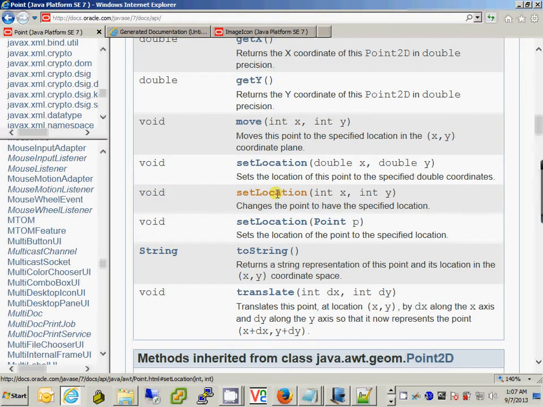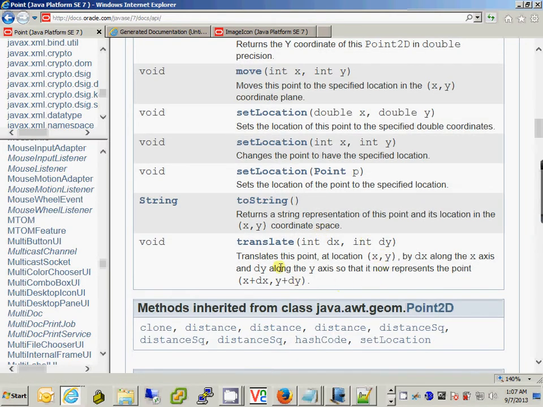Now there's a translate method which is interesting. When you translate a point, you're basically shifting the point. Translates this point at location x, y by dx along the x-axis and dy along the y-axis, so that it now represents the point x plus dx and y plus dy. So translate basically shifts the point by these two values. Okay, we'll try to use it. So let's check it out